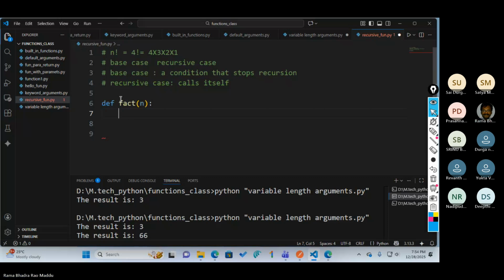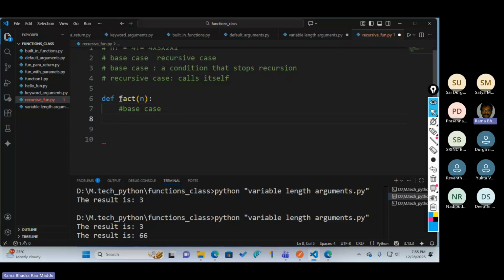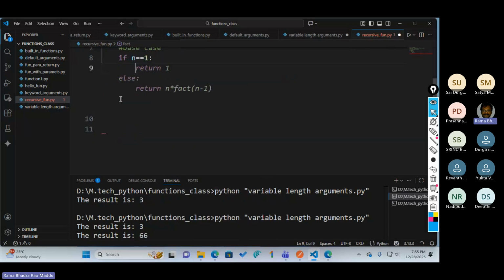The base case is important. Otherwise, it will call itself iteratively an infinite number of times. It never ends. That's why whenever you are going to write a recursive function, you must first think about when the recursive function should exit, terminate or stop. So that's why I'm writing: whenever n is equal to 1, it needs to stop.